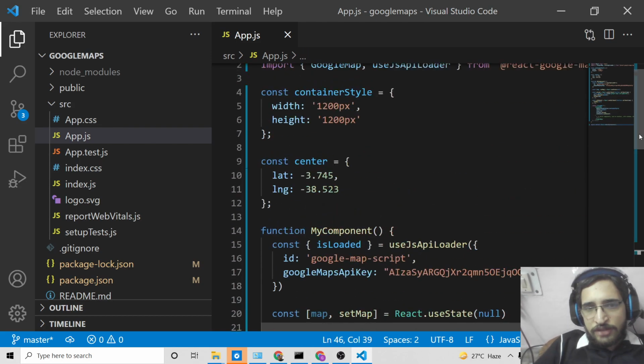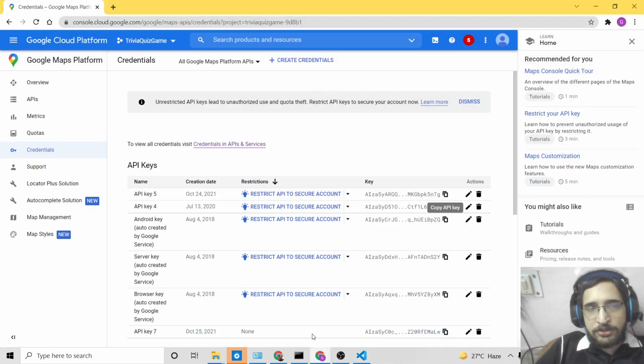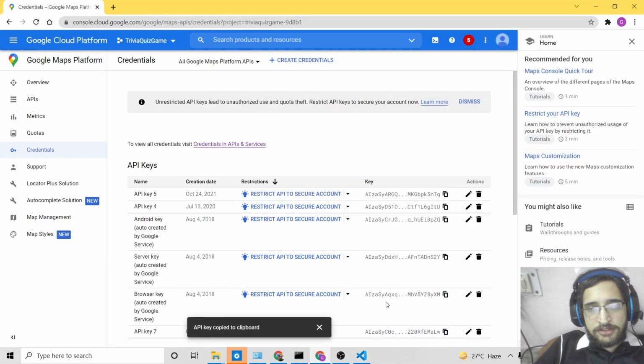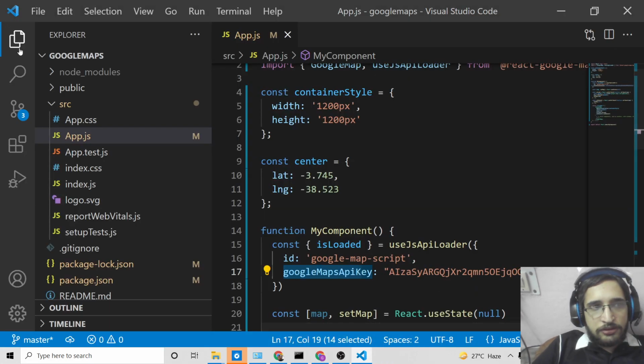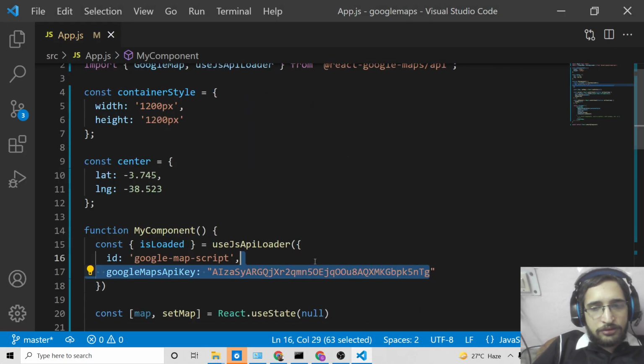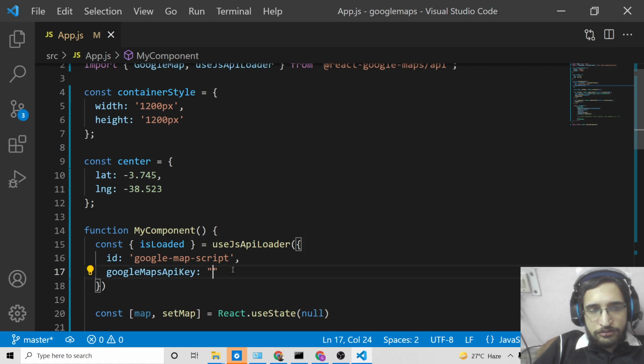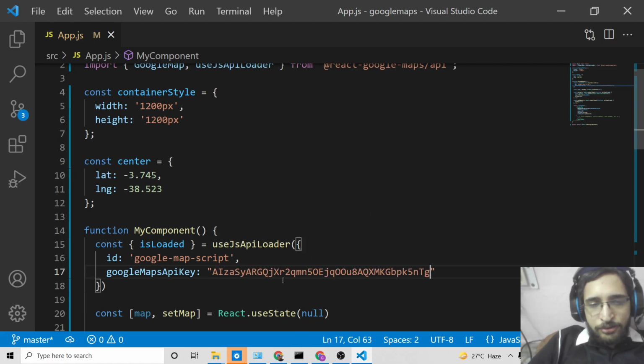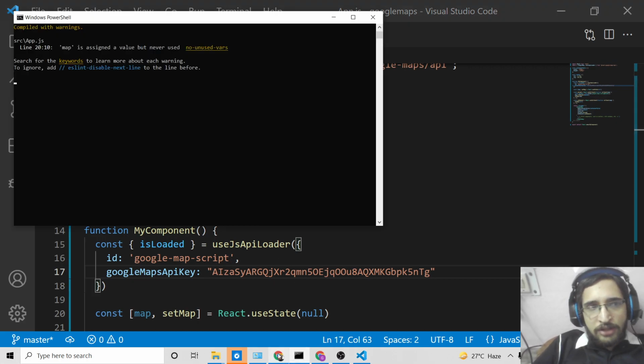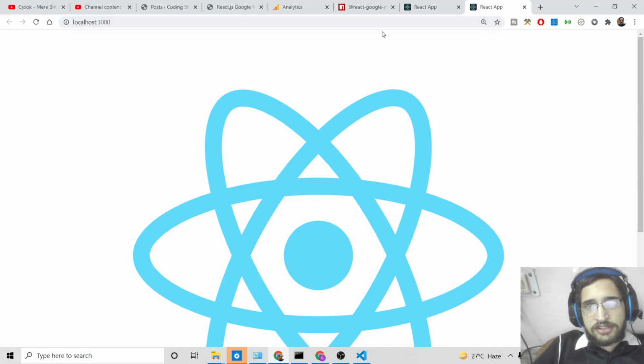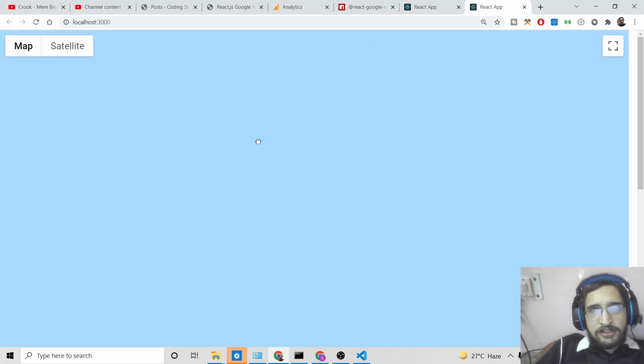That's it. Now inside this section, Google Maps API key, you need to paste your own API key. Let me paste it here. At the end of the video, I will delete this API key, so don't use my API key, just create your own and use it. Now it will refresh once again, and if I enter it, you will see it will display the map here.